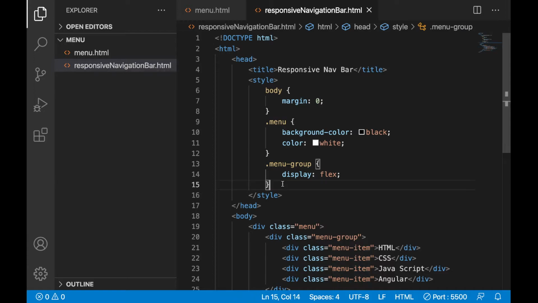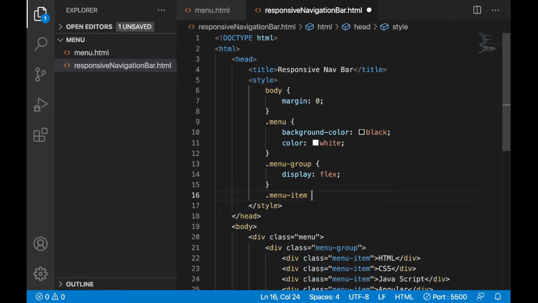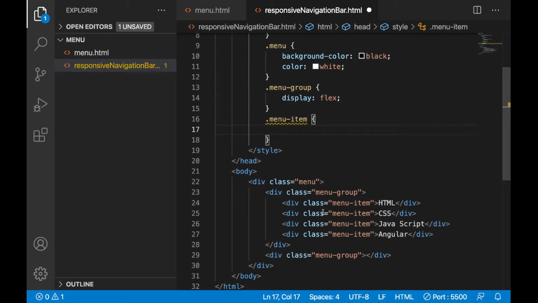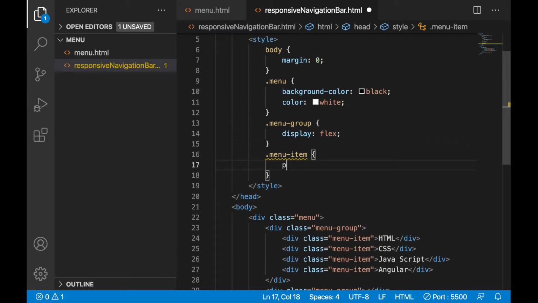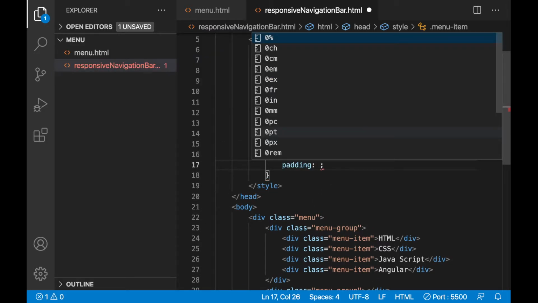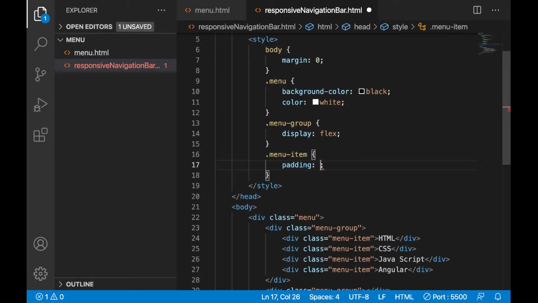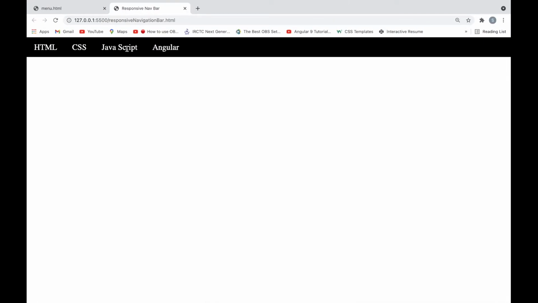For each item I want to add some CSS, so that's why I use the menu item class here. So let's write some padding, let's say 10 pixel 15 px. This applies to top and bottom, and this is the left and right part. Now save it. See, it is coming like this.